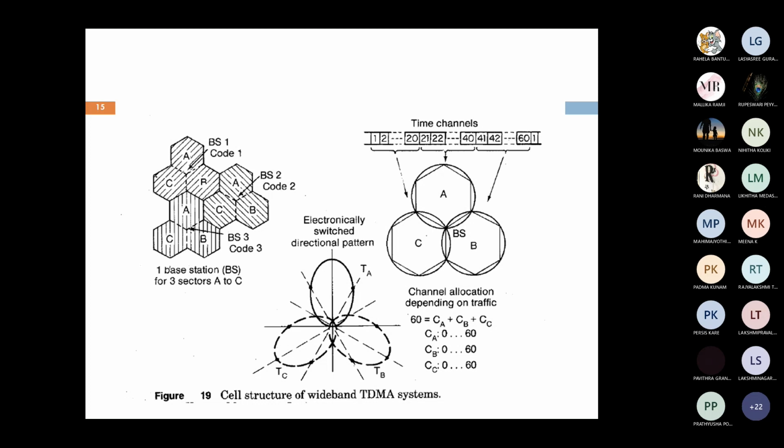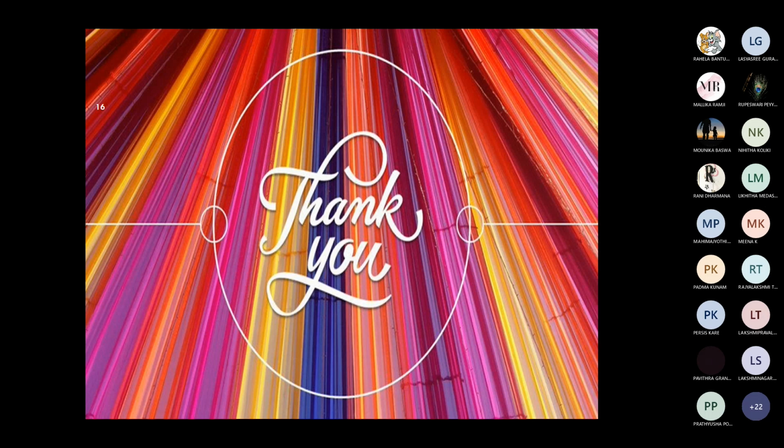That is, there are 3 cells, A, B, C, and 3 sectors in the case of a single base station. Whenever a single base station is there, we use 20 channels for the A direction, 20 channels for the B direction, and 20 channels for the C direction. This is the graphical representation of the electronic beam pattern. We are using a 3-direction antenna system: one for A direction, TA, B direction, TB, and C direction, TC. A single main beam transmits along each direction. This is about the practical multiple access schemes used in cellular mobile communications.